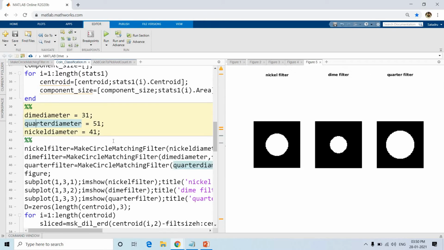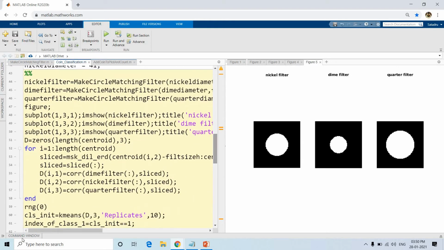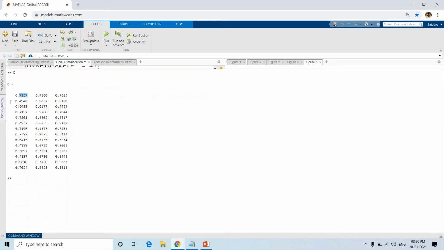And then what we are doing now, if you see, we have the features but we don't know the output label, so obviously we are going to use the k-means clustering algorithm. Here we know the k value is 3, so we are going to use k-means to group the different binary objects into 3 clusters, because either that particular coin belongs to nickel, or quarter, or dime.